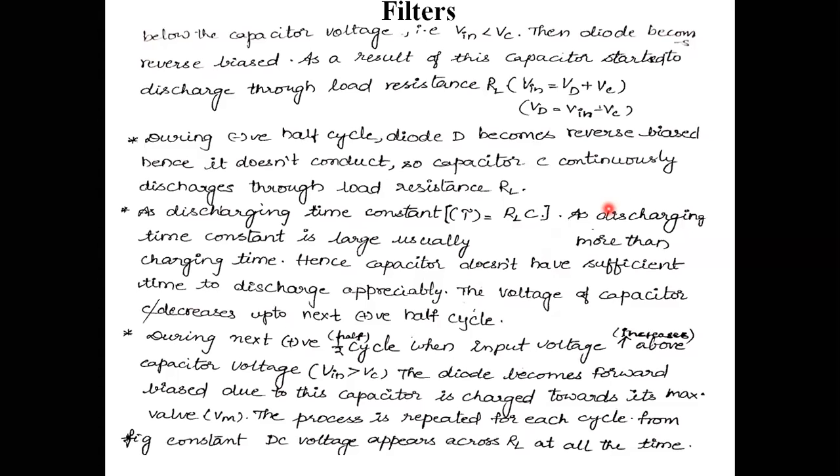Whereas if Vin voltage is greater than capacitor voltage, then the diode is in forward bias condition. Then it will reach from the cut in point to the cutout point. That cutout point is the maximum voltage Vm. I consider that time as charging time. With respect to the reverse bias condition, I consider the time as discharging time here.